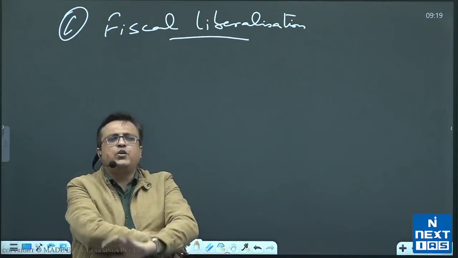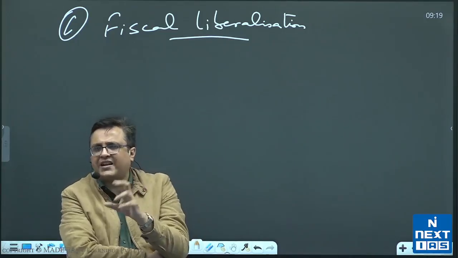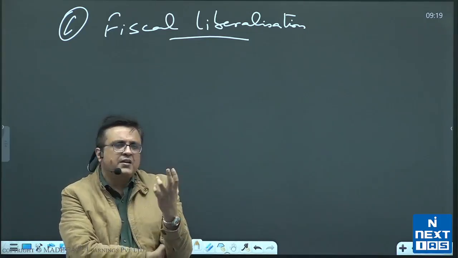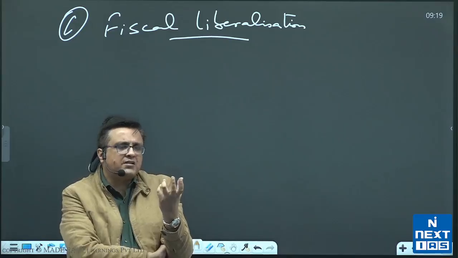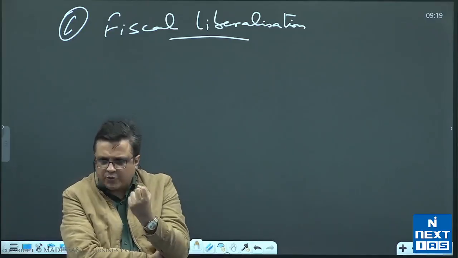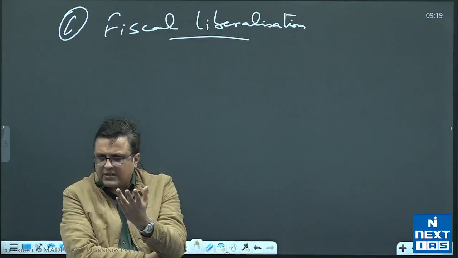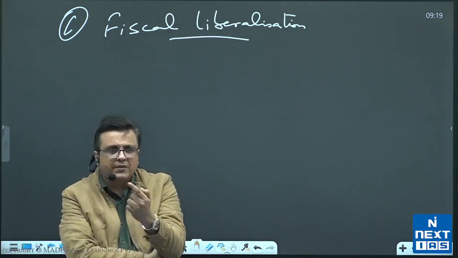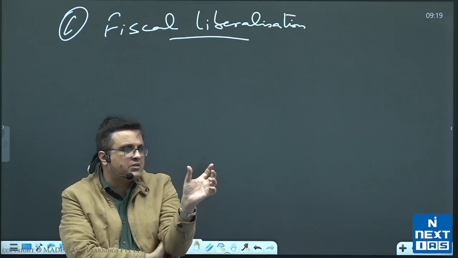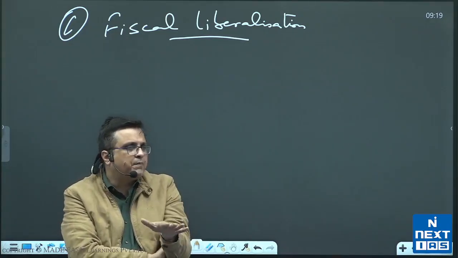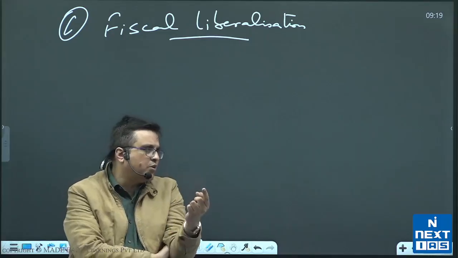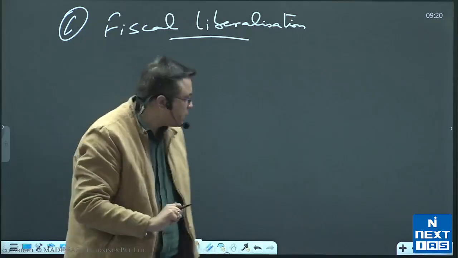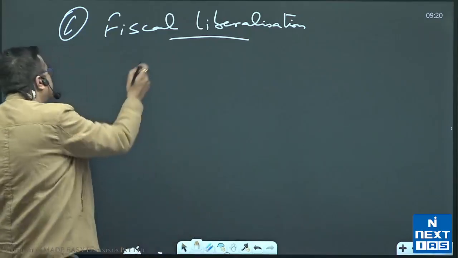Now again, you will be doing this with Reddy sir. He will teach you how cascading effect operates, and cascading effect is reduced as you introduce GST. But basic idea is that if I am buying an input from you and I am paying a tax on that, and if I am allowed to deduct that tax while paying my tax on output, then that will mean the money I will pass on to the consumer will be much lesser compared to what I will pass on if this is not allowed. Do I believe I'm reaching you on this? Okay, since I said this, I'll quickly give you an example to make you understand it.